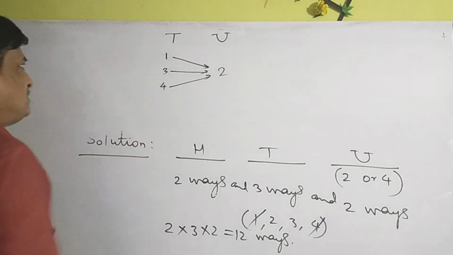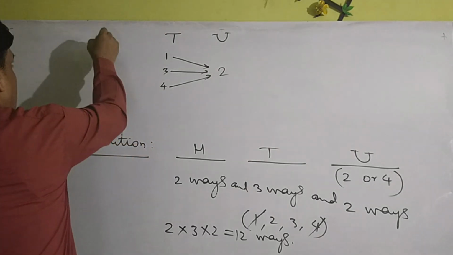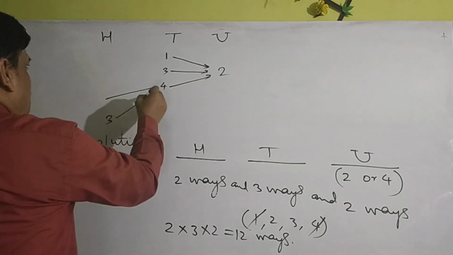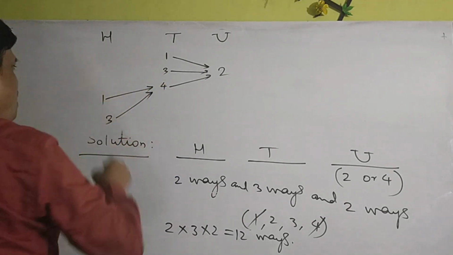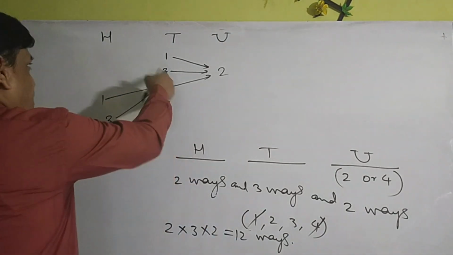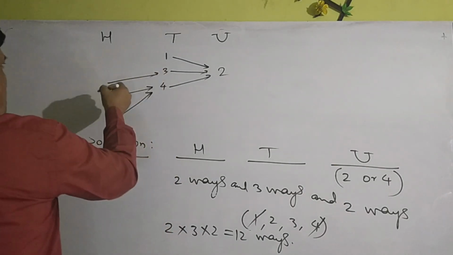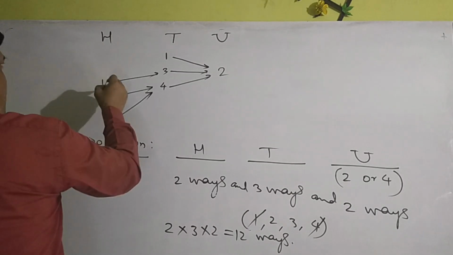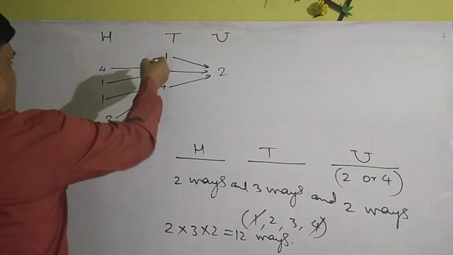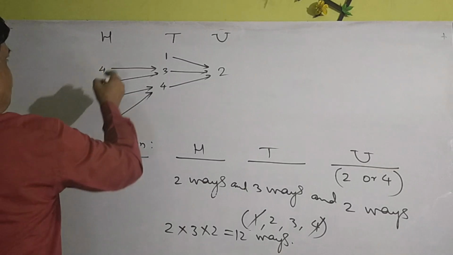When we take 4 at tens place, only 2 choices are there for the hundreds place. We can take either 3 or 1 at the hundreds place when the tens place is 4. When tens place is 3, hundreds place can be filled up only by 1 or 4. When 1 is taken at tens place, we can take